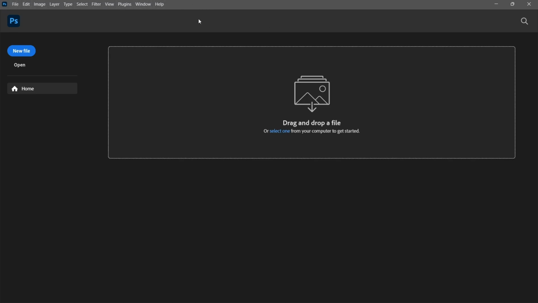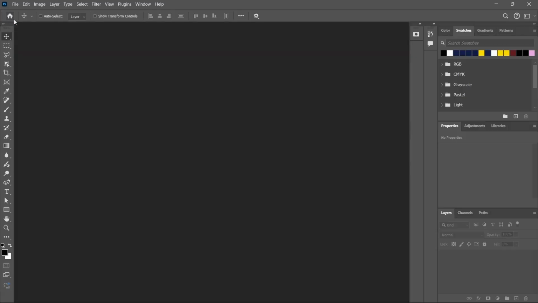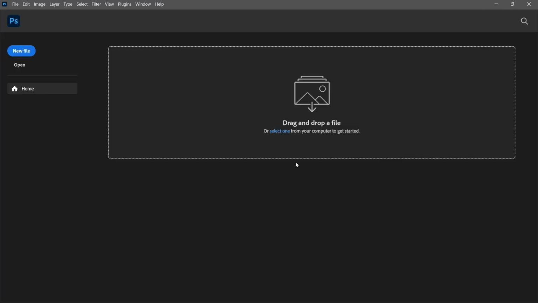The menu bar has everything inside Photoshop. You can get it from this menu bar, but we're going to talk about it further as we go into this video. This PS sign, if you click on it, you're going to enter the Photoshop software. Alright, so this is the Photoshop workspace. Let's go back to the home page, and this new file, if you click on it,